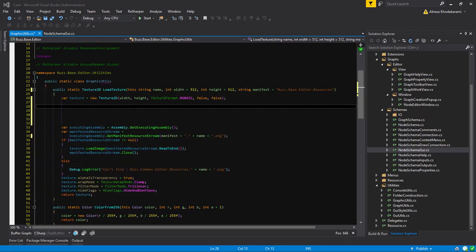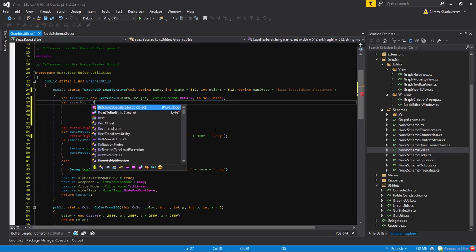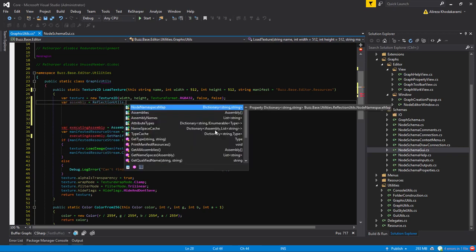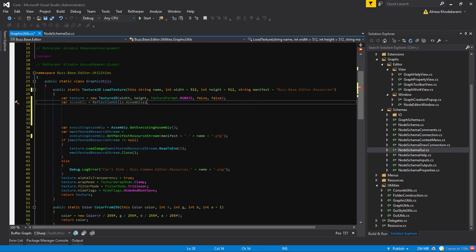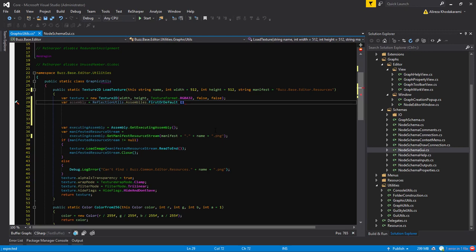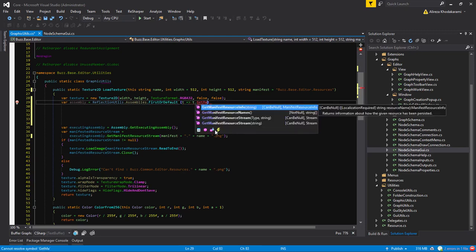First of all, we say var assembly equals reflection utils dot assemblies dot first or default, t goes into t dot get manifest resource